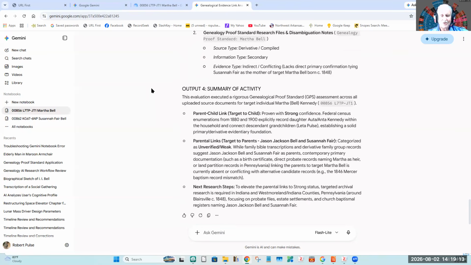Summary of activity. Oh, this is new. I put this in last night. The evaluation. Okay, so they're using the census records, and also her daughter. There are several articles about her daughter visiting the parents.